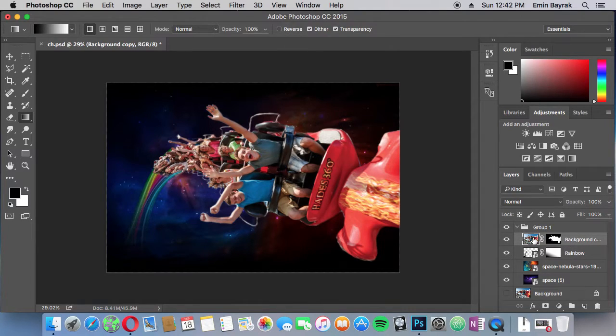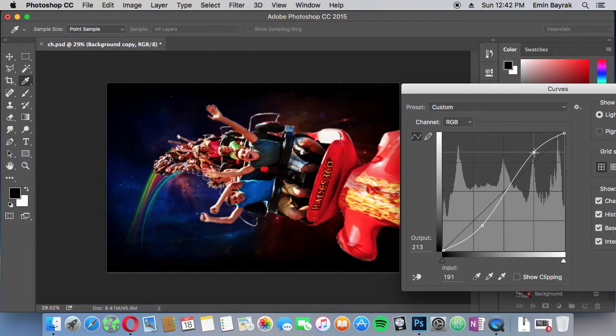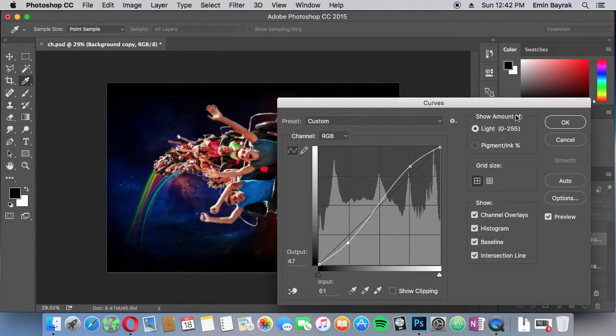And then next I'm gonna match up this contrast with my background picture actually. To do this, I'm gonna hold my Command key on Mac or Control key on Windows and hit the M key to bring up the curves, and I'm gonna drag this knob down, and this one up. You can see what it does. It's gonna apply a contrast. Okay, and then hit OK,